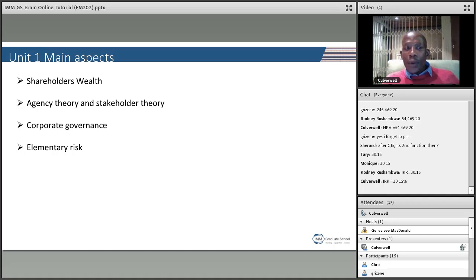You're not only supposed to concentrate on the primary objective, which is maximizing shareholders' wealth, but as you do so, you're also not supposed to be infringing other stakeholders to the business. So as you run a business, let's say you are in the mining industry, you go and mine, like what happened in Benoni or Brakpan, where some company way back was doing its mining there,